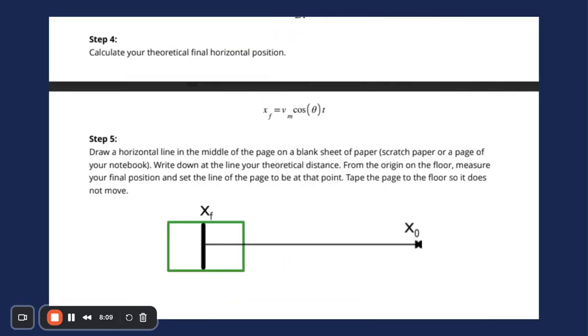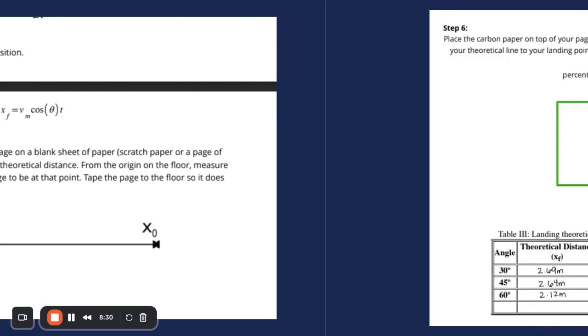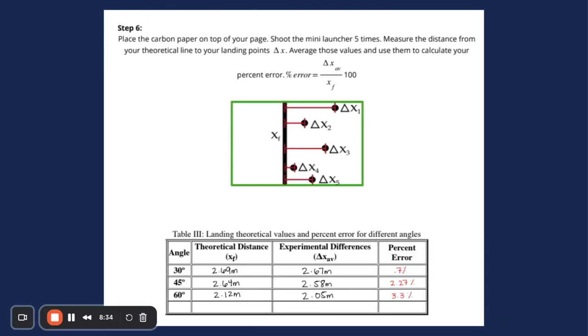To calculate our theoretical final horizontal position, we use x, our final position, which equals v of m cosine theta times the time. We have to draw a horizontal line in the middle of the page on a white sheet of paper, measure our theoretical distance from the origin on the floor, and set the line of the page at that point. Take the page to the floor so it does not move. We place the carbon paper on top of our page and shoot the launcher 5 times, like I said before. We measure the distance from our theoretical line to our landing points, average those values, and use them to calculate our percent error,